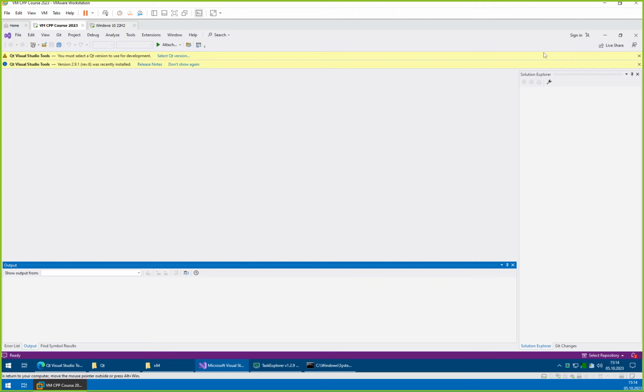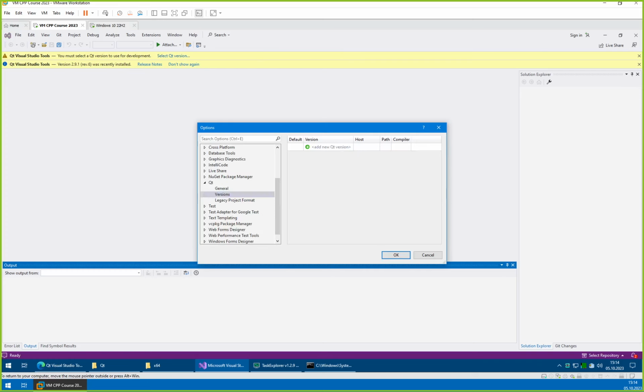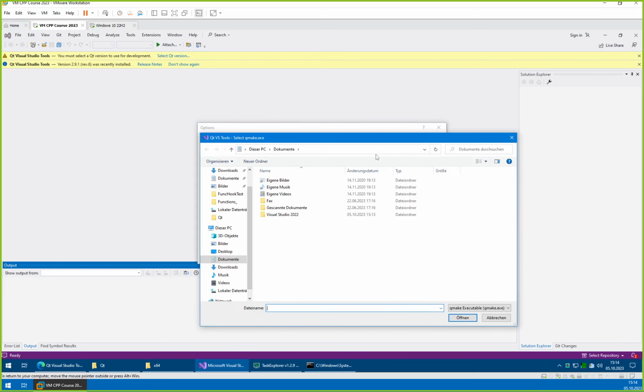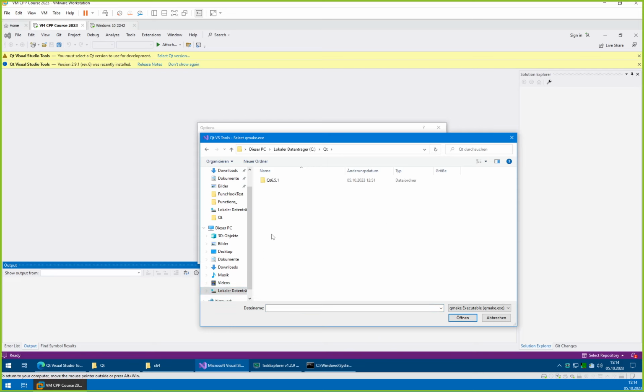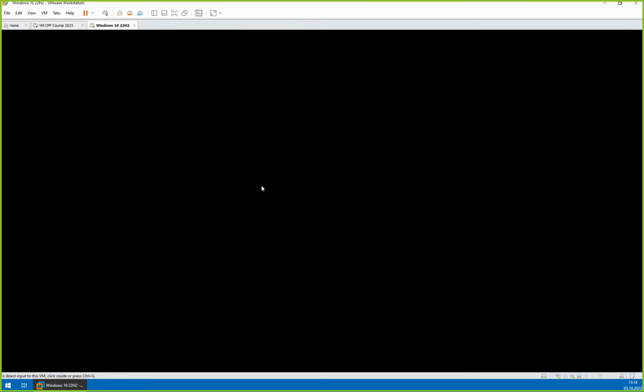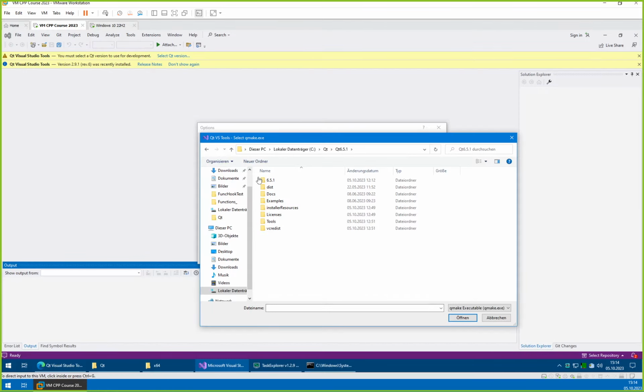And the first thing you notice when you start Visual Studio, once you have installed the plugin, is that it says that you have to select a Qt version. So let's do that now. The plugin integrates in the general options of Visual Studio. In previous versions of the plugin, it had its own menu element, so now with the 2022 version, it is much more integrated. And what we are looking for, so we go to the Qt directory. In my case, I have one which just says Qt and then another which says the version. On the other VM, we will just install it in the default location, which is one layer less. We select the version again, and then we have here different